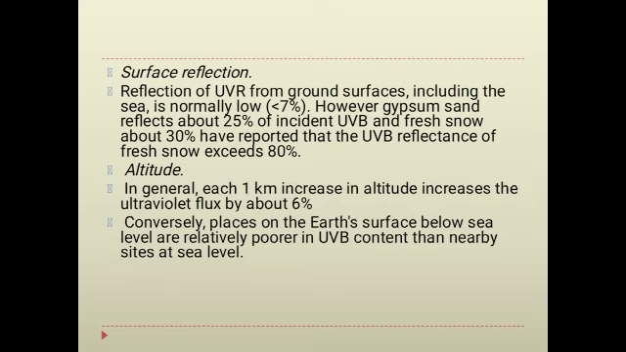In general, each 1 kilometer increase in altitude increases the ultraviolet flux by about 6%. Conversely, places on the Earth's surface below sea level are relatively poor in UVB content than nearby sites at